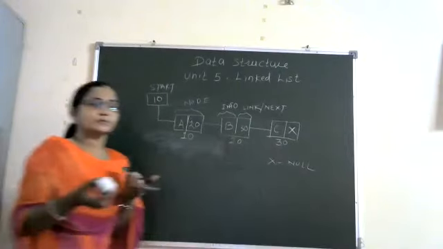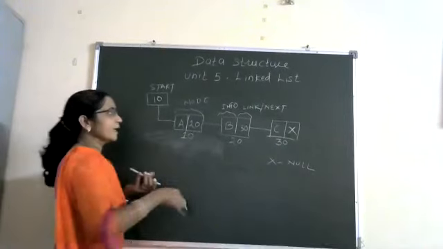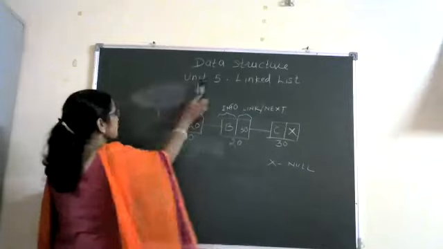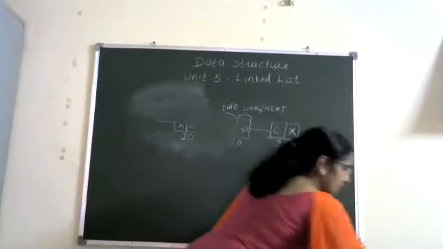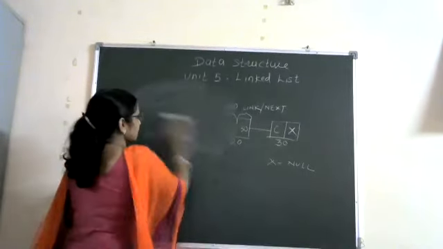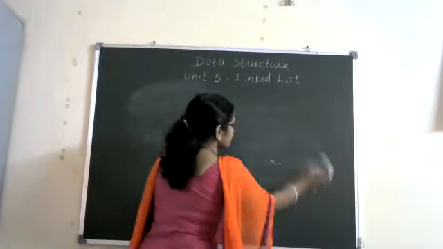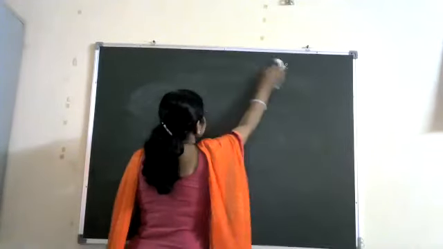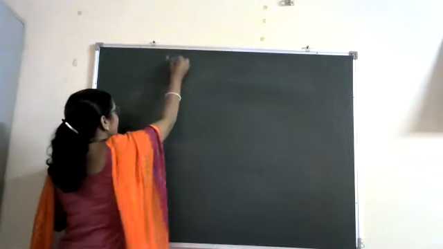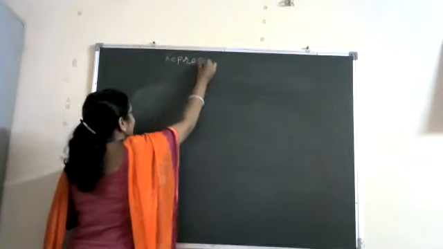Now the next point is, after the introduction of linked list, the next point is representation of linked list into the computer's memory. So how to represent all this information into the computer's memory? So the topic is representation of